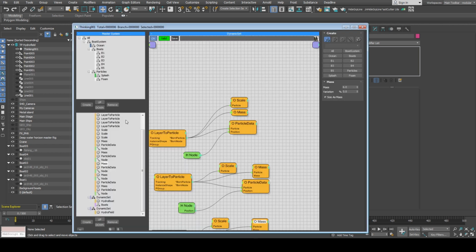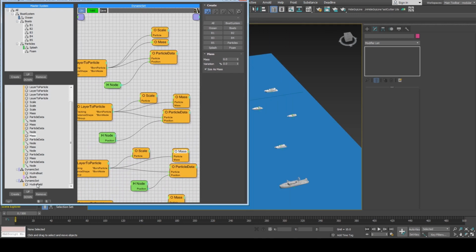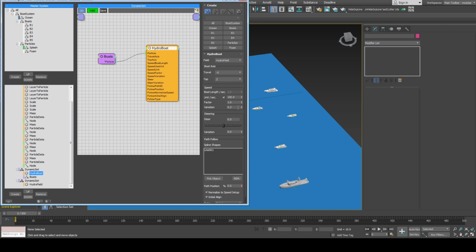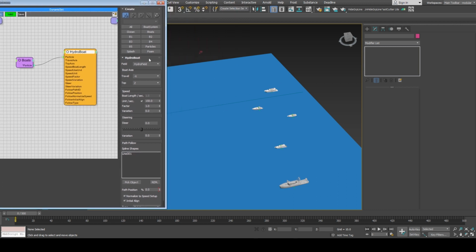So maybe we need to do reset xform for some nodes, but let's just remove variation for the speed, and yeah, so as I removed variation, all boats move at the same speed in same direction,